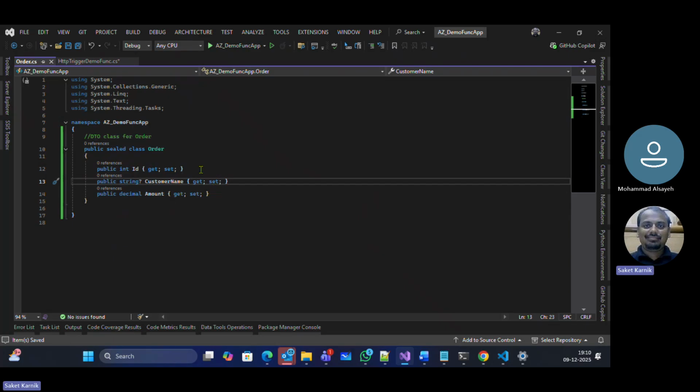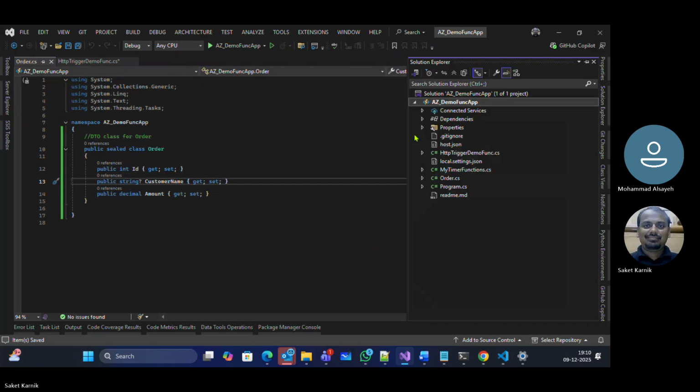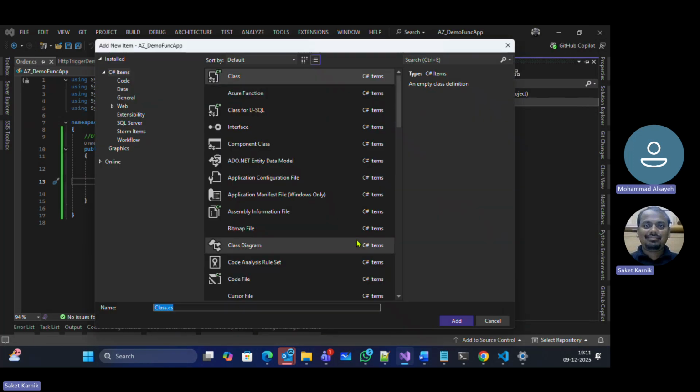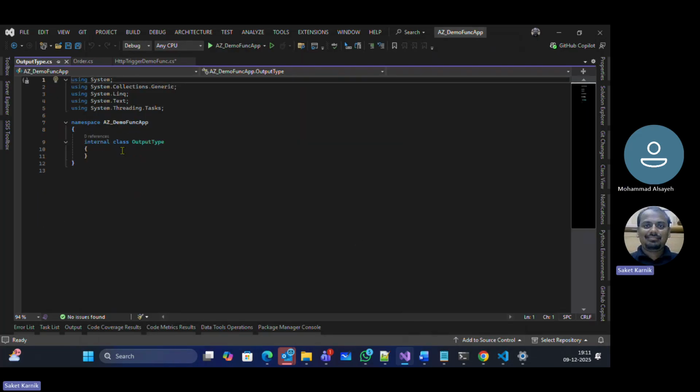I create one more DTO class here for output. So let's say there is a new class. I'll name this output type. And what I want is some Service Bus integration also. So here I say this is a public class, again sealed. And what it does is